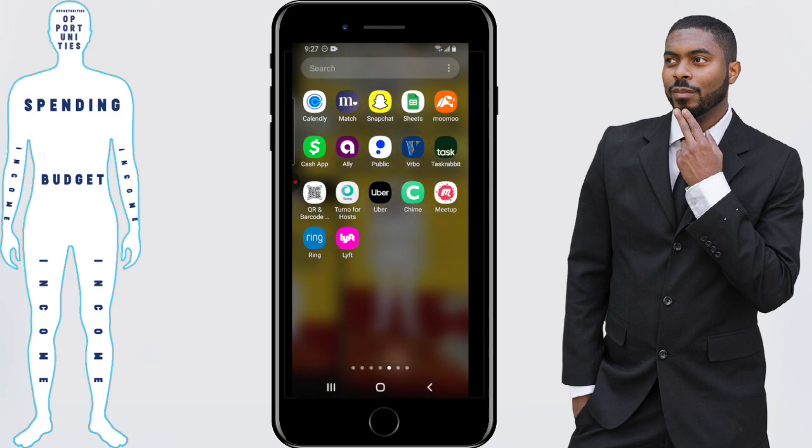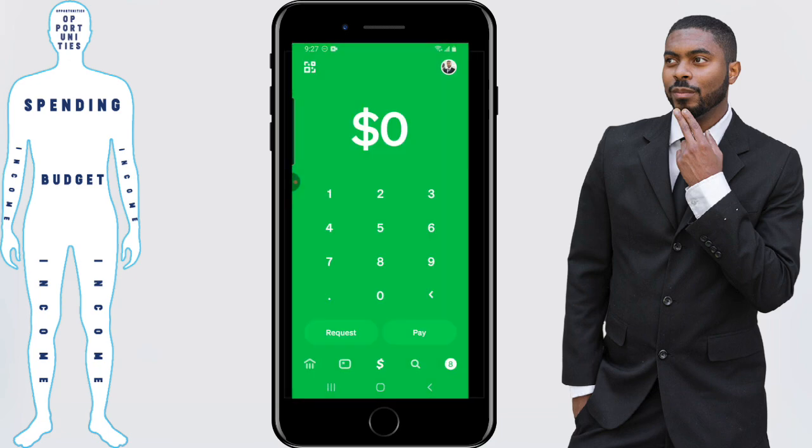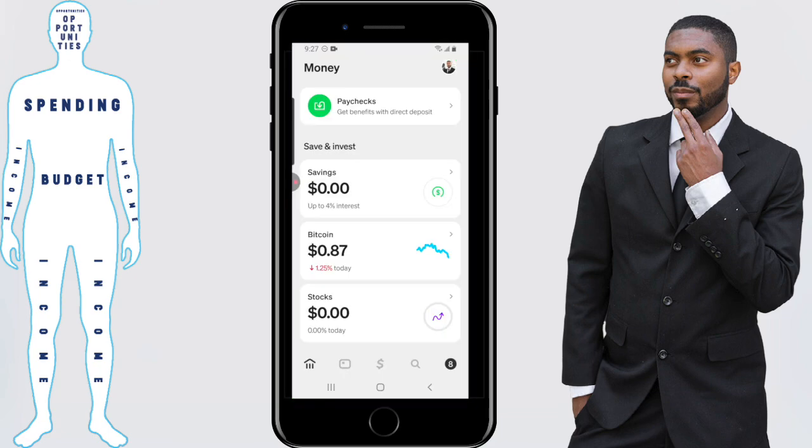Let's go ahead and start off by opening the Cash App up. Then click on the icon in the bottom left hand of the screen. This will take you to where you can invest in stocks. Click on stocks